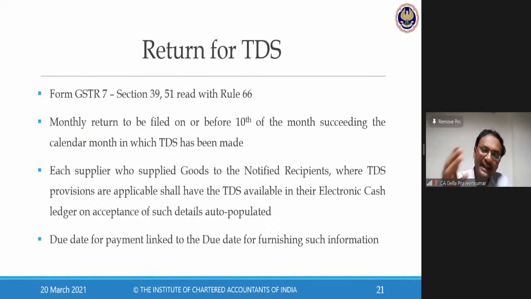The supplier has to accept the details uploaded by the government entity and claim in the electronic cash ledger. Here, TDS is not auto-populated into the cash ledger. Every supplier has to log on to their GST portal and open the window called TDS credit received. If I have raised 10 bills to my government entities, and all those government entities have deducted it in their form called GSTR 7, I'll say yes, yes, yes. These are the bills I have issued and this credit I'm entitled to. The moment you say yes, it comes and sits in your electronic cash ledger.